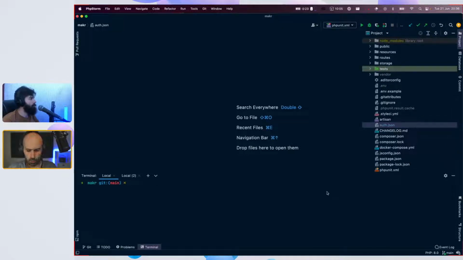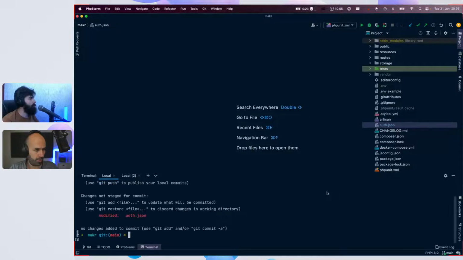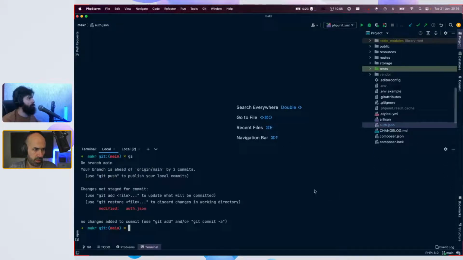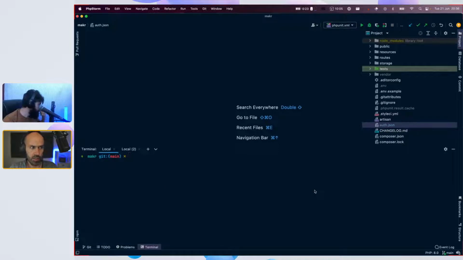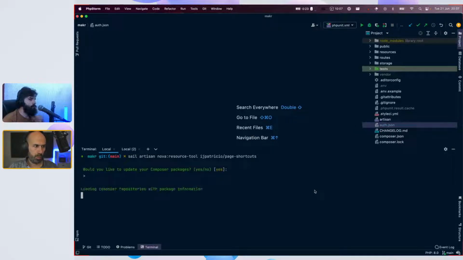Okay, so sure enough, we are in the same spot. I just changed the license key. So let's generate our resource tool, which is page shortcuts, and it's under a vendor. There we go. We want to update composer packages. Yes, we do.